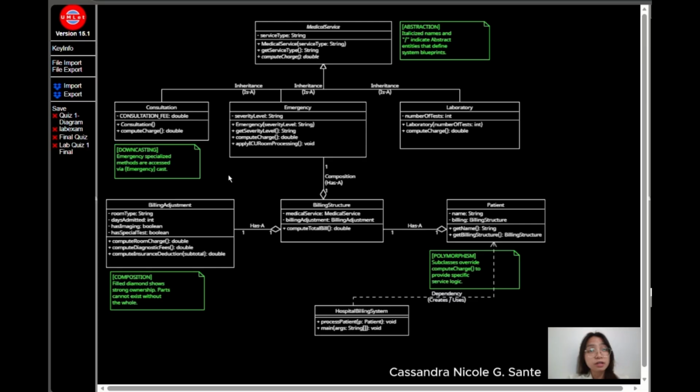The core orchestration of the final bill happens in the BillingStructure class. These filled diamonds represent composition, a strong has-a relationship where the parts cannot exist independently of the whole. The BillingStructure owns the MedicalService and the BillingAdjustment class, which handles environment-based charges like room rates and diagnostic fees. This ensures that when a bill is generated, it automatically combines polymorphic medical fees with specific stay